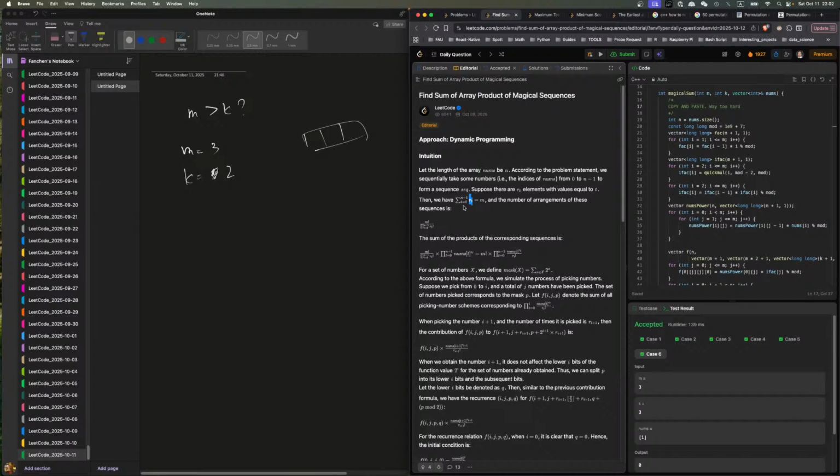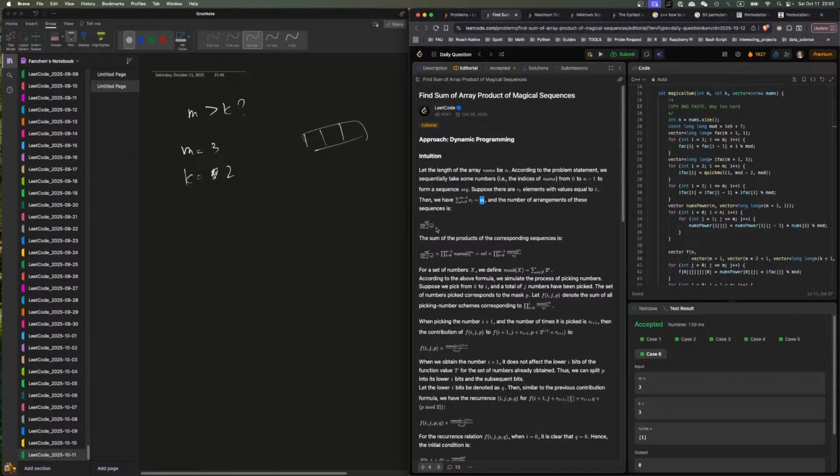So there will be a count, and that's rt. And then once you determine the count for every single number out of n, you add up all the counts, and the counts shall equal m. Okay, that makes sense. Right? That makes sense. And the number of arrangements of these sequences is,